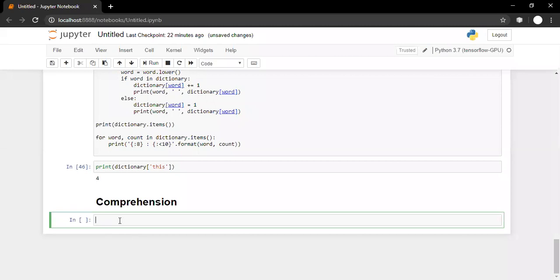Suppose I am asking you to do one thing. Write a code to delete all the files in a folder. In a folder, there are 1000 files. So what will you do? You will write a for loop. That for loop will read the file name and then delete the file. So how many times will your for loop run? 1000 times. In 1000 times, first it will read the file name, then it will delete the file present in the folder. How much time will it take? It will take some time.